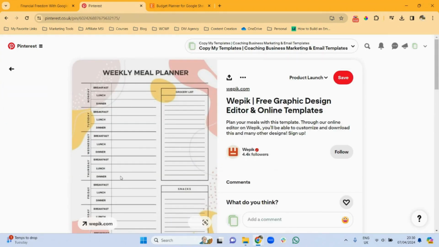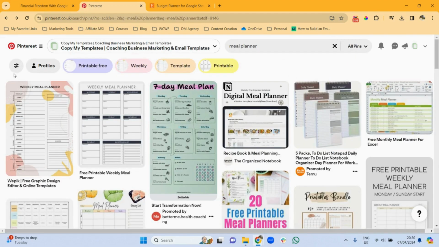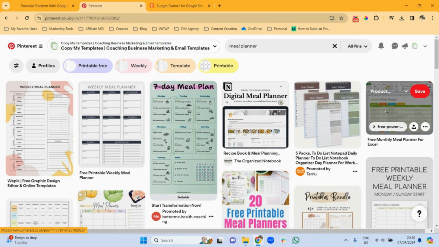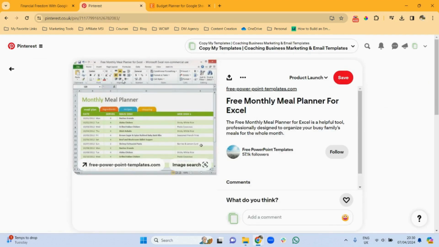But you could actually create this as a spreadsheet document. Let's go back and see if I can find one that's actually a spreadsheet. This one, perhaps. This one is a free document though. But if you were to create this in Google Sheets, this one is Excel, but it just shows you that if you know how to use both Google Sheets and Excel, you can create something like this where it has the different tabs. So one for meal plan, ingredients, recipes, a shopping or grocery list.